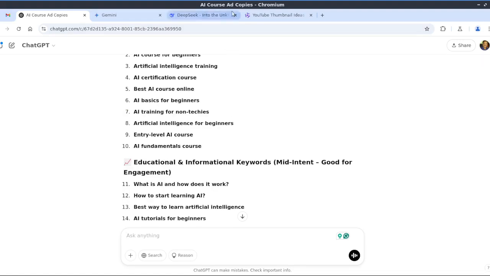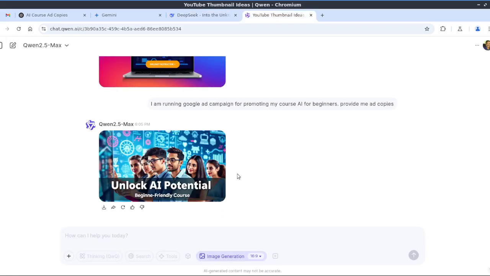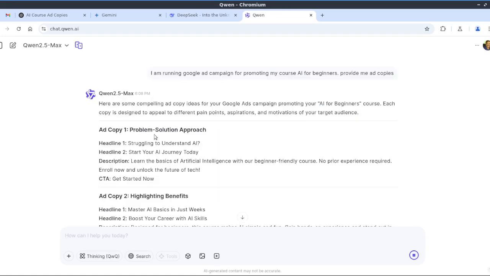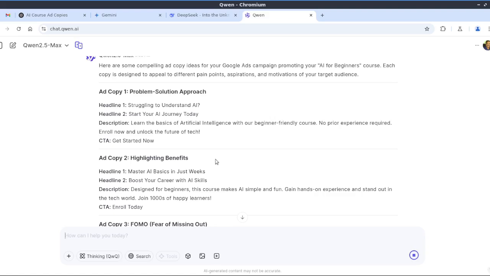Okay, and similarly here also in DeepSeek or Gemini, or here also since we were talking about the image, it created an image for that copy. Okay, so Q1 is also suggesting things. You have to manually go through it, or you can copy everything and put it in one LLM and ask it to combine everything and select the best one, like that also. So just explore various things, and whichever is working for you, continue using it.